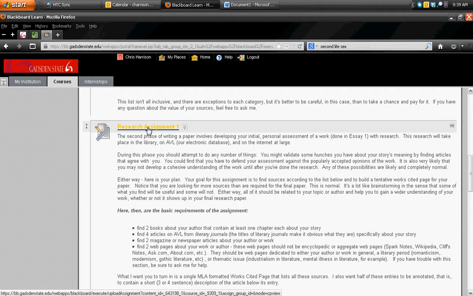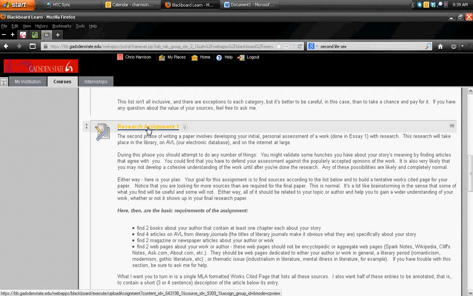Basically, you're going to turn in a single works-cited page, in other words a list of resources, in MLA format, just like you learned in 101. I'll provide some pages in your book that explain that, maybe post those in an announcement, so you have a handy reference for how to format that page. This is going to be a list of about 10 sources. For 5 of them, I want to make sure that you've already read them. So underneath those entries in the works cited page, I want you to include a 3 to 4 sentence summary of the article.